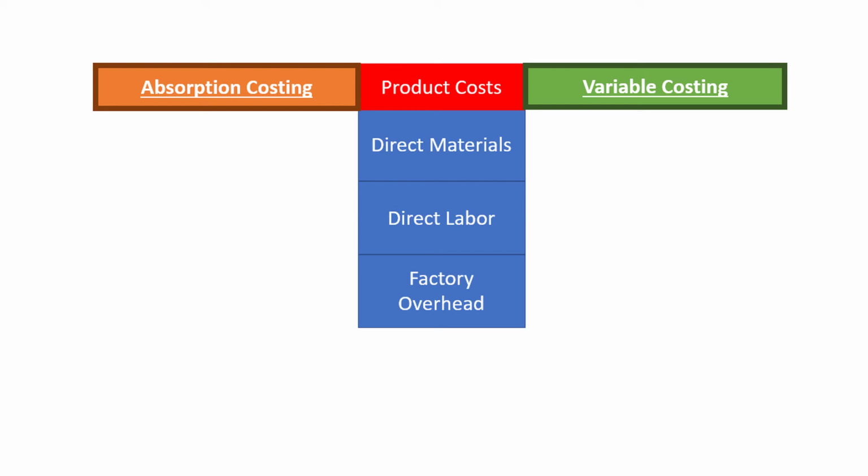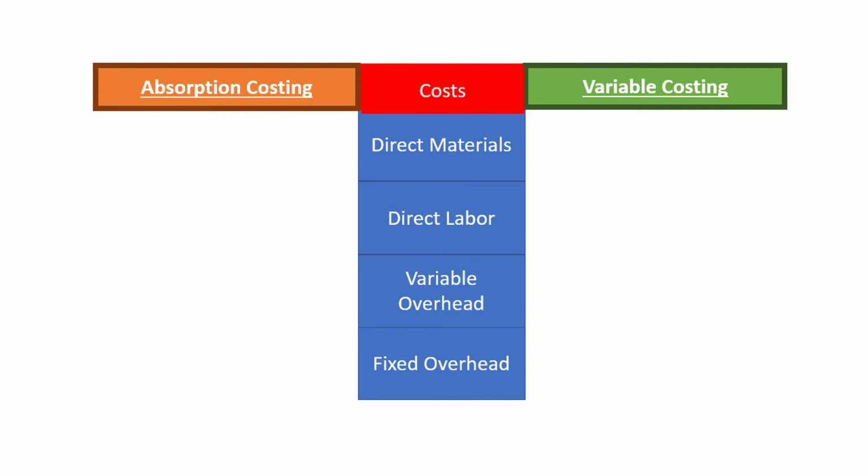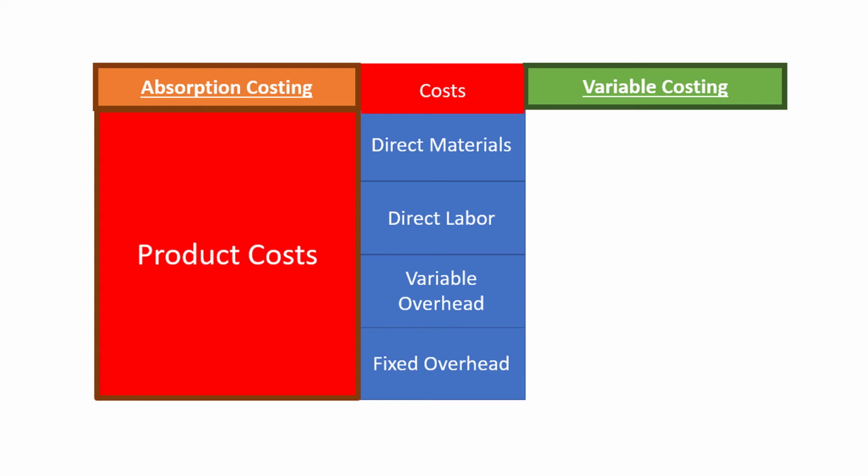If we look at it this way, we really have four product costs instead of three. We have direct materials, direct labor, variable overhead, and fixed overhead. Let's just call these costs instead of product costs for now, as not all costing methods consider these four costs to be product costs. The method of cost determination that includes all four of these costs as product costs is called absorption costing. Absorption costing is required for financial reporting, so any public financial statements that you see will reflect